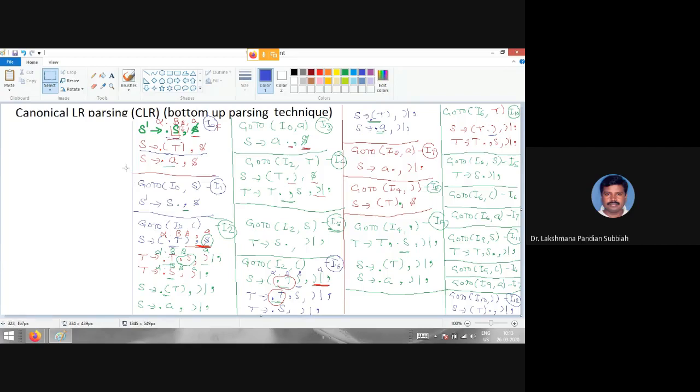Sorry. Now this one is here, the last one. Here we have to write that one as go to I10 comma. Go to I10 comma, this one, right? So here actually this one I10 comma, right? So I10 comma, we are having that one as T, there is T comma,